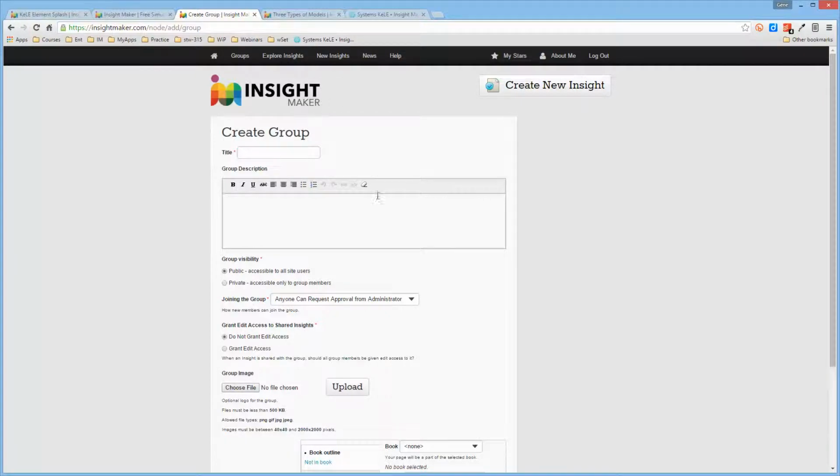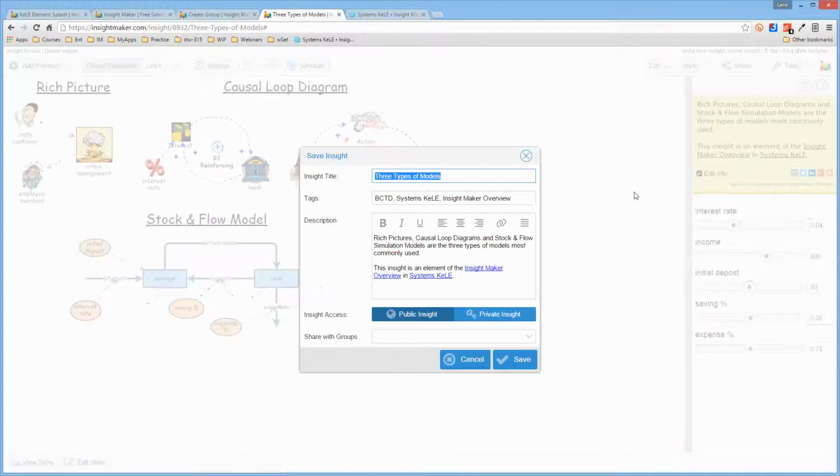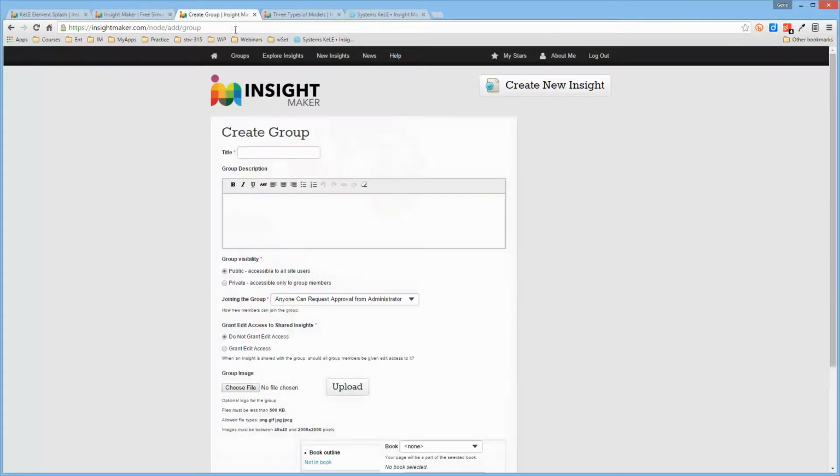What happens is once you create a group, or for people who belong to a group, when they initially create an insight or edit it, down here at the bottom there's a Share with Groups option, where you can say that this particular insight that you've created is now a member of one or more groups. And what that allows is, based upon this setting,